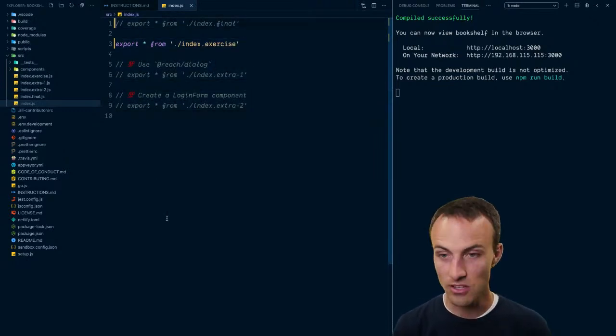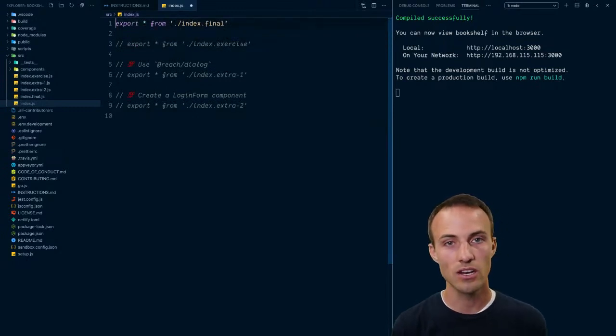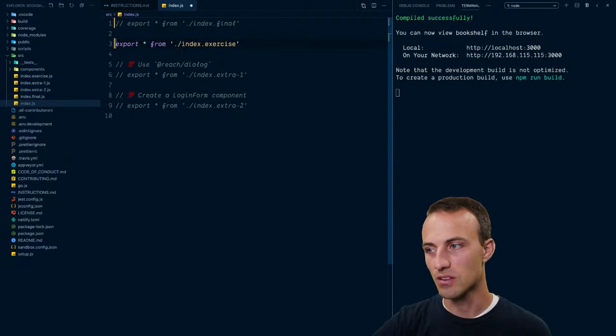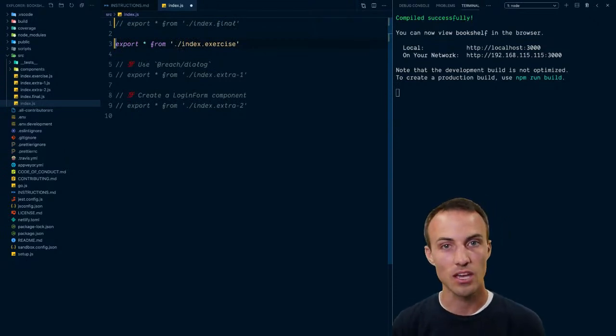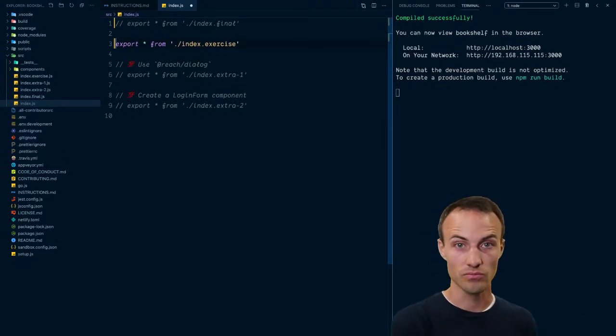So by default, in the branch itself, this is the way that the file looks. When you run node go, it actually updates this file to just be all of the exercises so that you're just ready to rock and roll. The reason that we do this is so that we can, like I said, give you a real world application type of feel and also give you actual exercises that you can